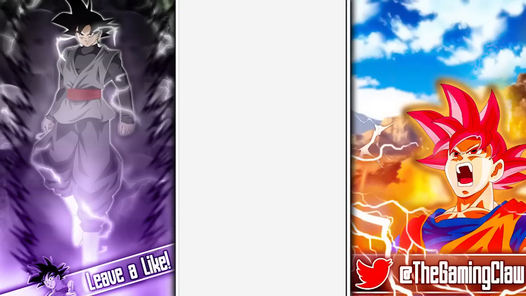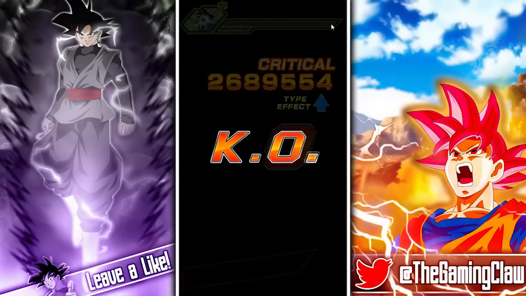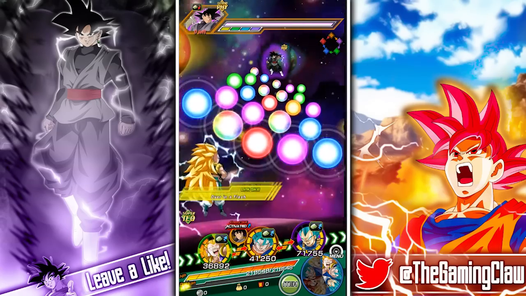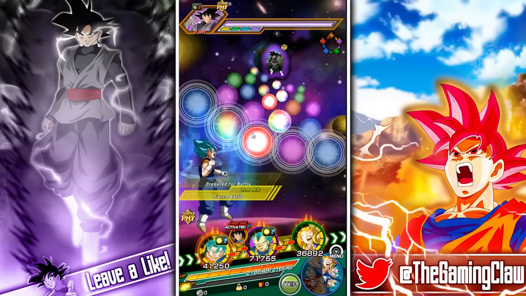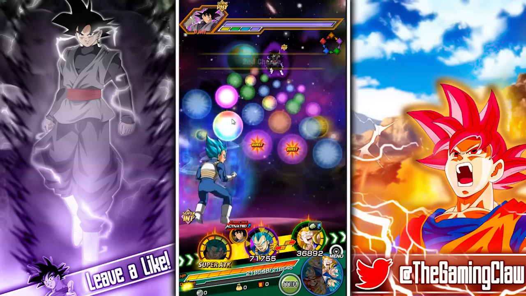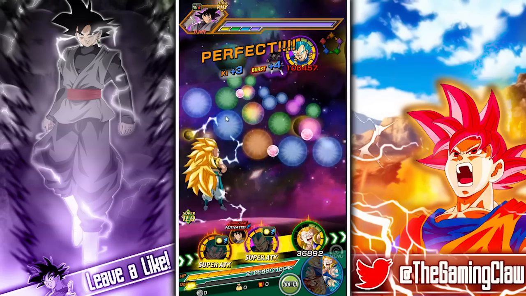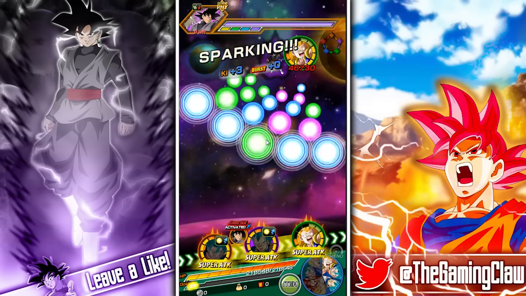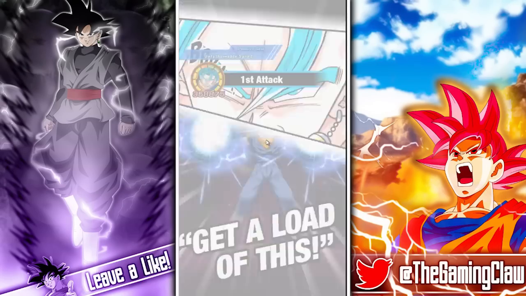And 2.6 million crit. Not gonna lie, was kind of expecting more. But that's still really good, of course. Right, go with this. I probably shouldn't keep Vegeta around, but he does have that debuff, so he does have some value here. And of course we get the 9 key of Gotenks,